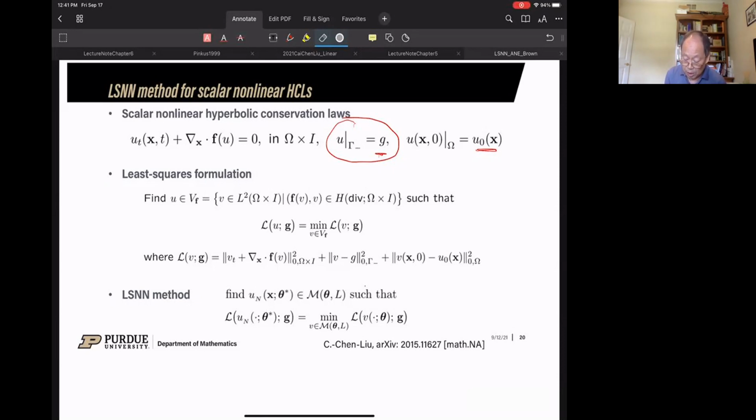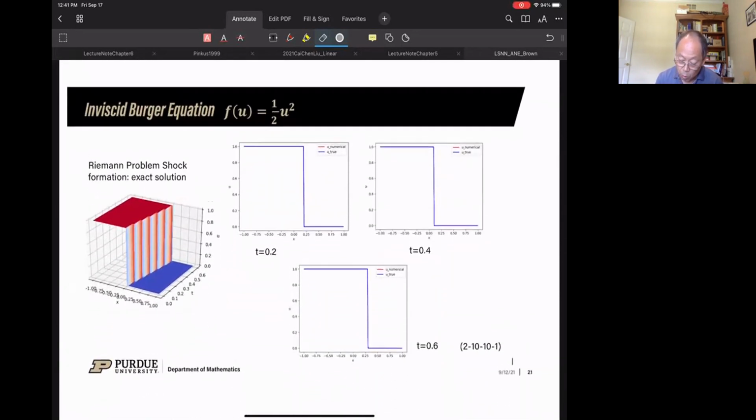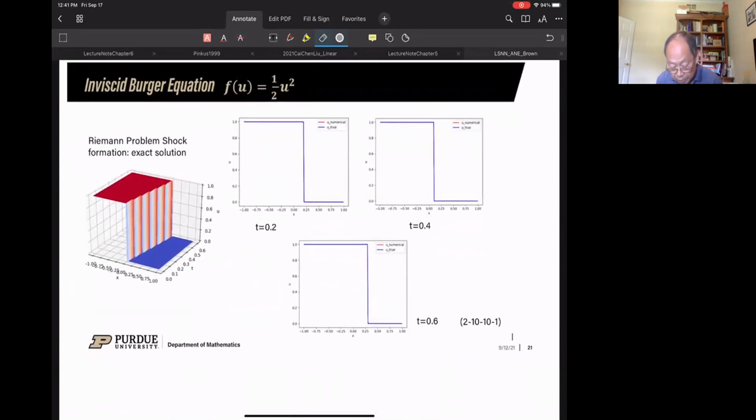So this is the least square for the equation. Then we have the inflow boundary conditions. Then we have initial conditions. Okay, so our first paper is already on the archive. The second paper we will probably put on the archive in a couple of weeks. We submitted it to the GCP. Okay, so let me give you what our numeric results are.